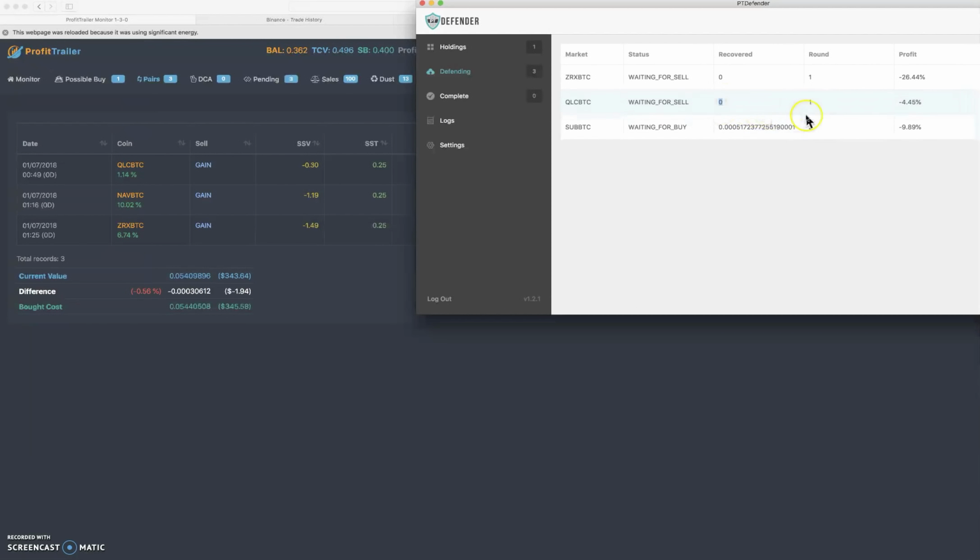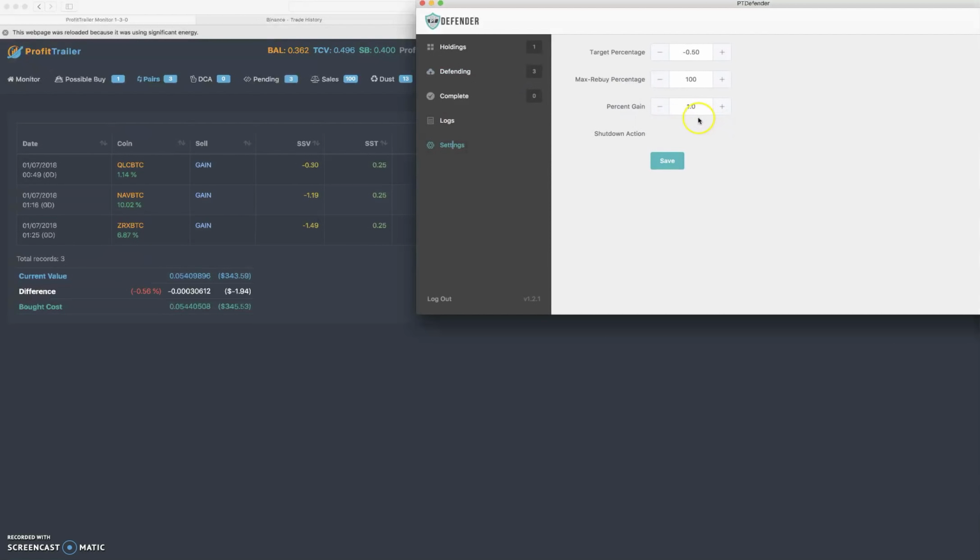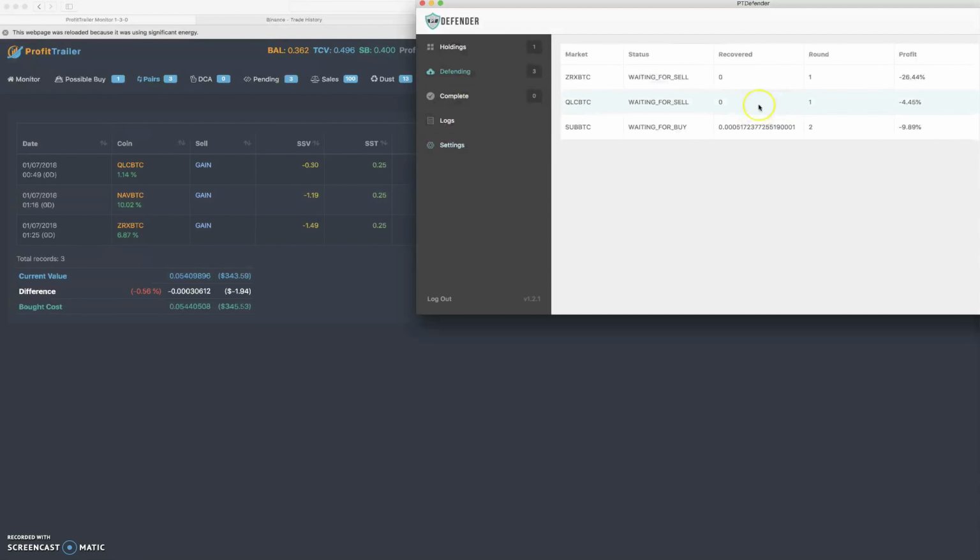So that's really powerful, because having a DCA strategy may actually help you get out of these bags quicker. And if you don't understand what this recovered thing is, this is the amount of Bitcoin that you have profited overall. So this one has gone through 2 rounds and it's profited this much Bitcoin. So it made 0.000517 blah, blah, blah Bitcoin on those trades. And it basically just adds up all of your profits for each round, and it lists it here in the